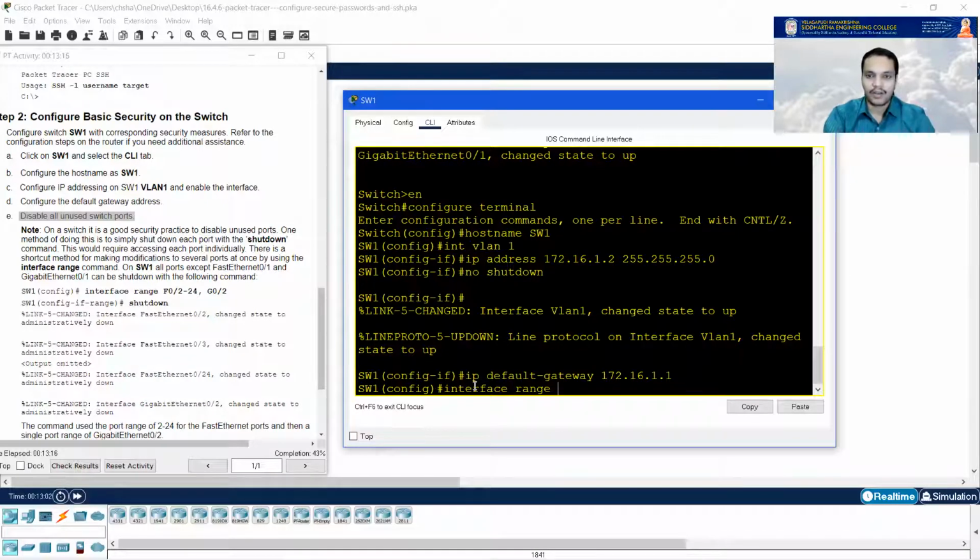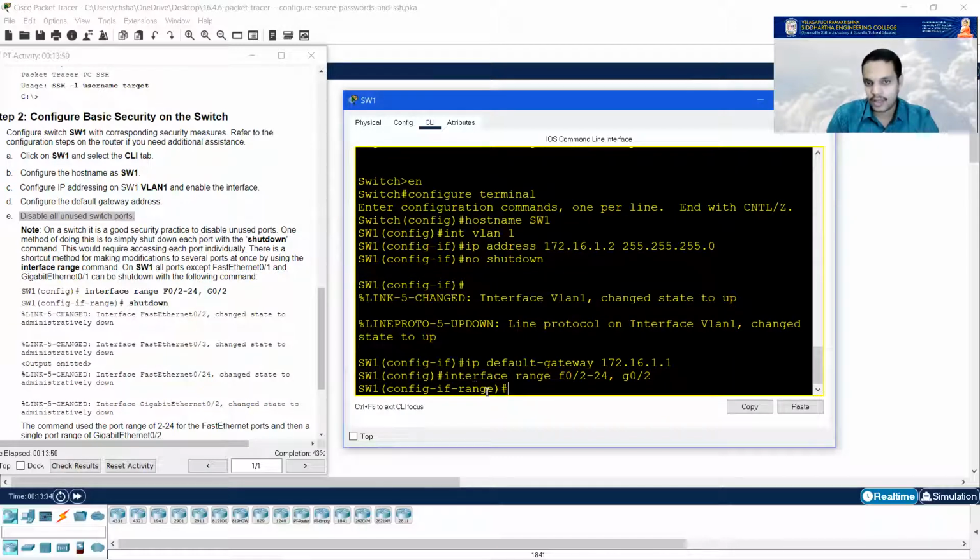You know that FastEthernet port 1 is currently being used, F0/1, so I'm not going to write that. The command for the ports from 2 till 24: interface range, all the FastEthernet ports starting from 2 to 24, comma, and there are 2 gigabit ports, G0/1 and G0/2. G0/1 is currently being used, so G0/2. This is how you should write a range command. Okay, so enter. Now, if you can see here, the sub-configuration is now changed. So configuration mode, interface mode, and now in the range mode. Then you need to enter